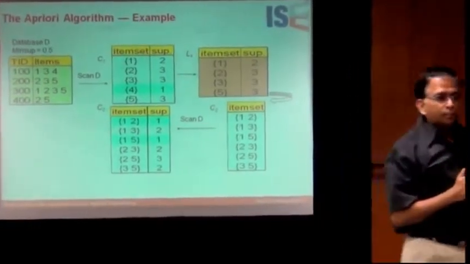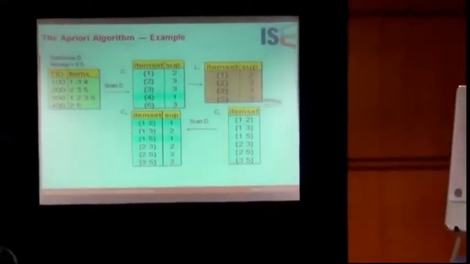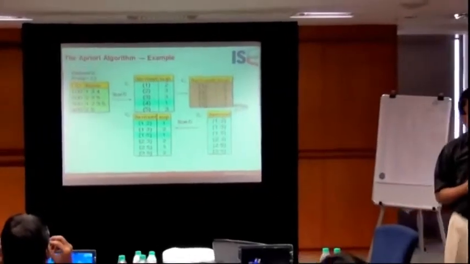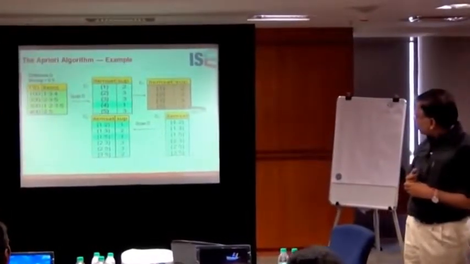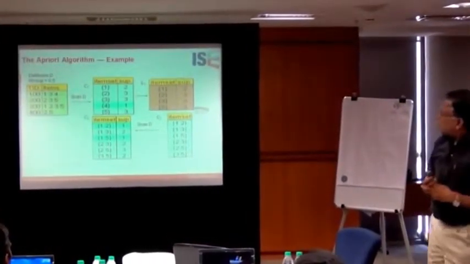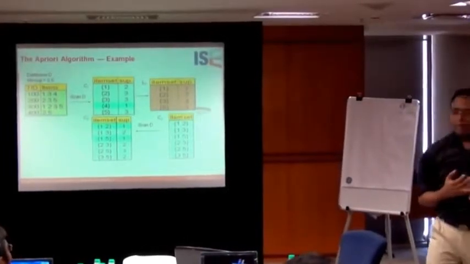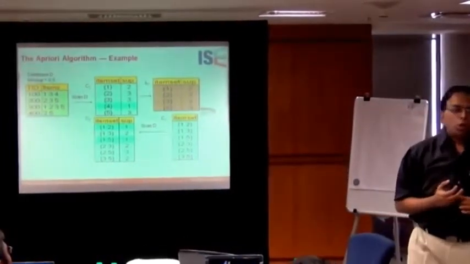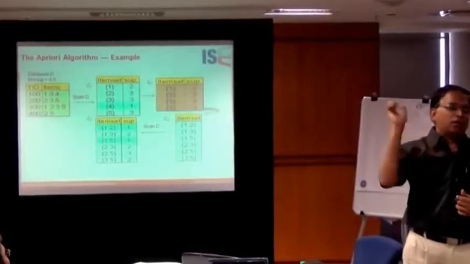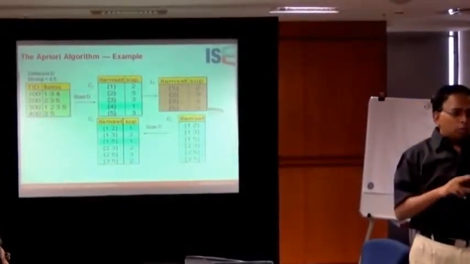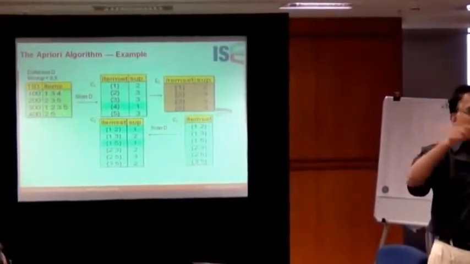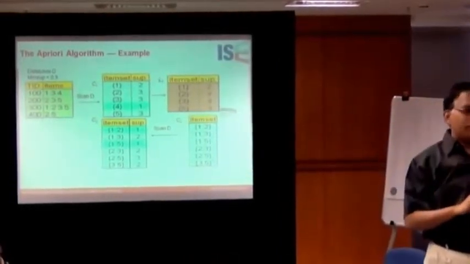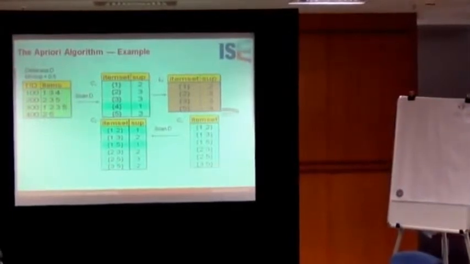I'm not very familiar with the programming aspects of this. Do we need to do one scan or do we need to do 6 scans? Good question. What we do is store all the elements in lexicographic order. So you would always have 1, 2 before 1, 3, and that will occur before 1, 5. So in one scan you can catch all. That's how you reduce it.